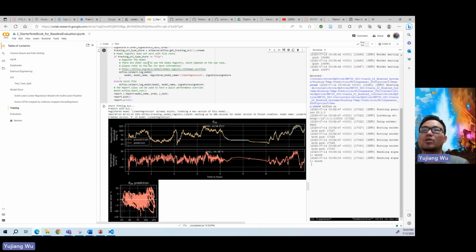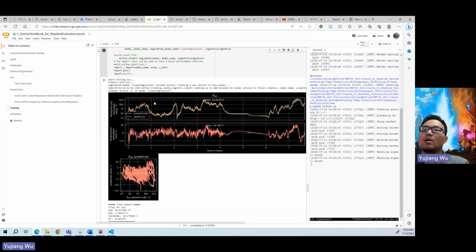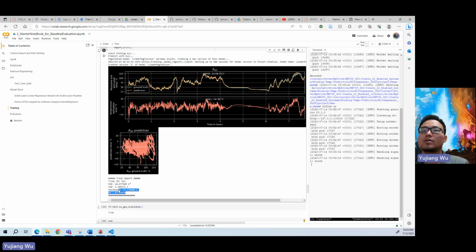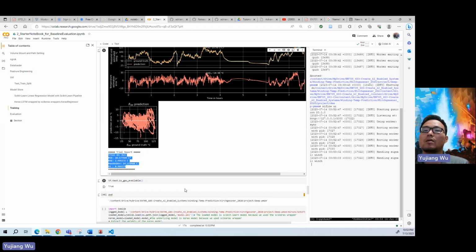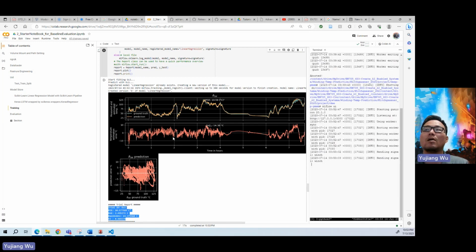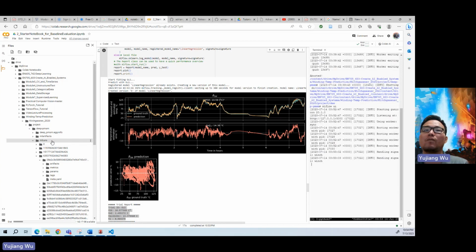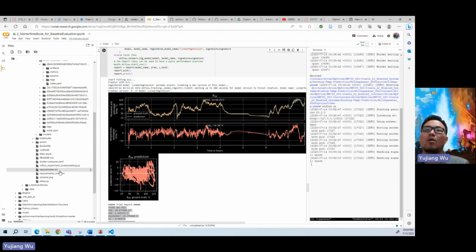If you don't want to register it, you can rewrite the file, but essentially you can see that this is our OLS and this is the performance. And after this has been run, I suppose it already saved that specific run into this MLFlow location, where